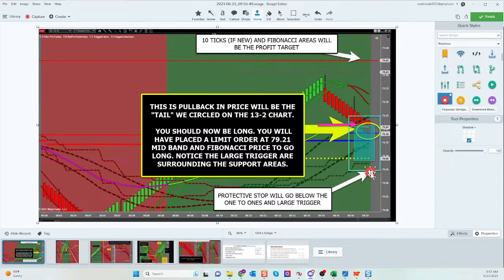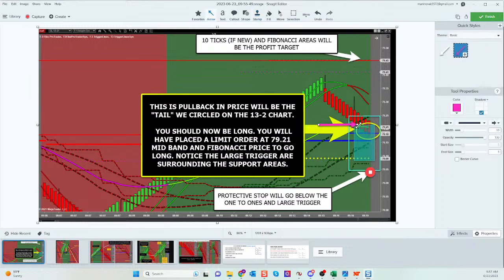Stop where the market shouldn't go, right? If the market continues all the way down, we'll use this arrow. If the market continues all the way down beyond that area where it's likely to continue, I want to be out of this trade. I no longer have that advantage. This is no longer my highest probability trend trade.